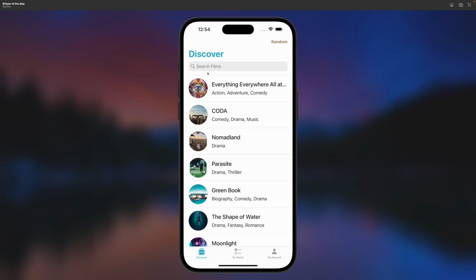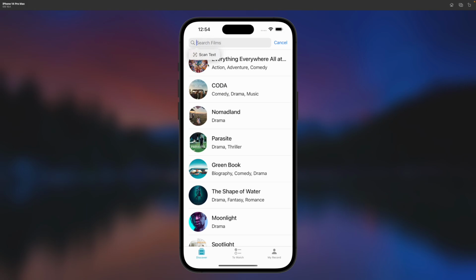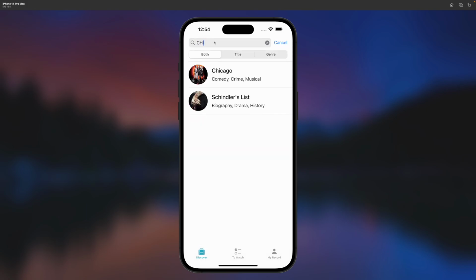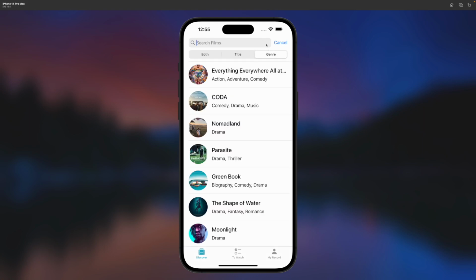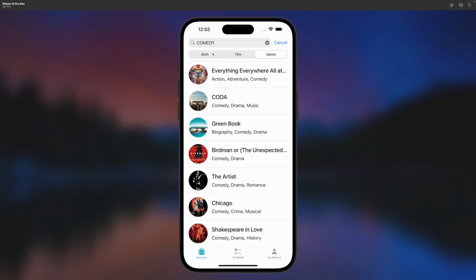And what if you wanted to search a specific view? You can click on this search button, and let's do Chicago, where I'm located at. Oh, guess we're lucky. They do have one film called Chicago, and we can search this by title to find us. And also we could do a search by genre. Let's do comedy, and yes, we do have all the comedies listed in this Discover tab.